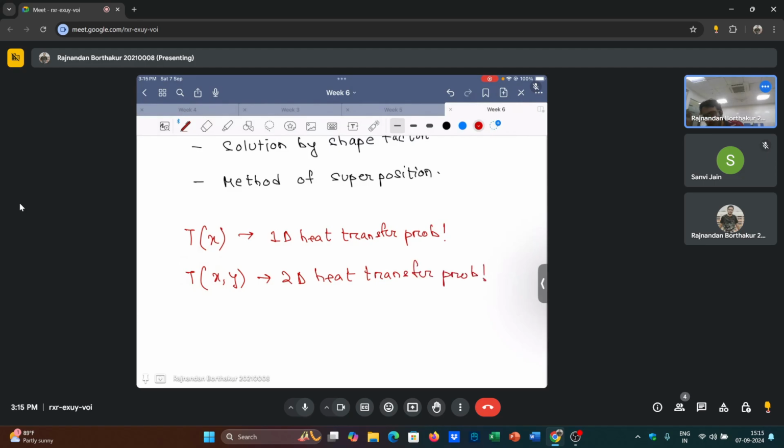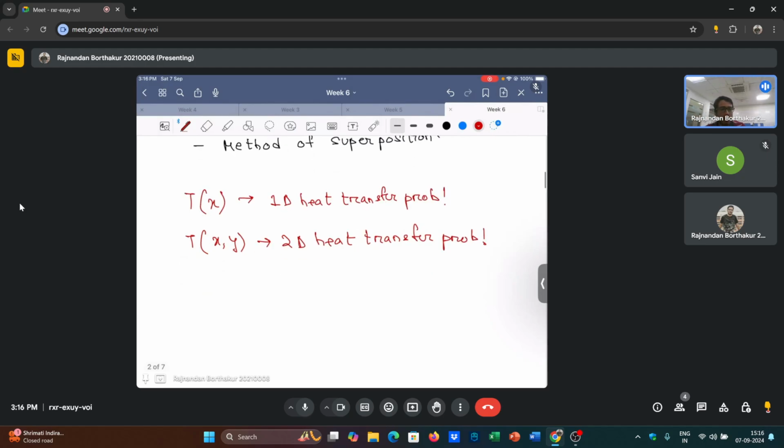If we deal with a 2D problem with no heat generation in our system, and the problem is of steady state, then the heat diffusion equation that we have already seen for a 1D case